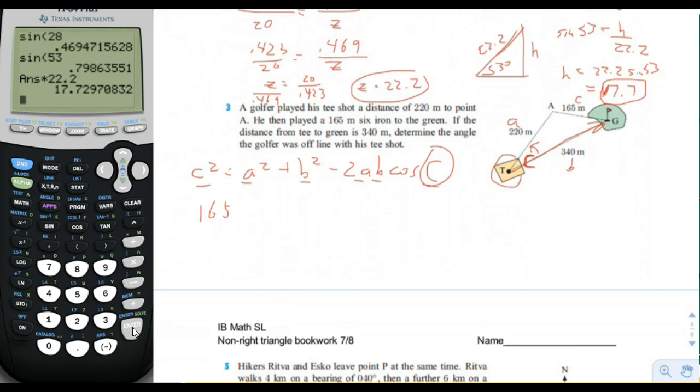C is 165 squared. A is 220 squared. B is 340 squared, minus 2 times A times B, so it would be 220 times 340, 2AB, cosine of C, which we don't know what C is yet, okay? And so now we're just going to multiply things out. 165 squared is 27225. 27225 equals 220 squared,